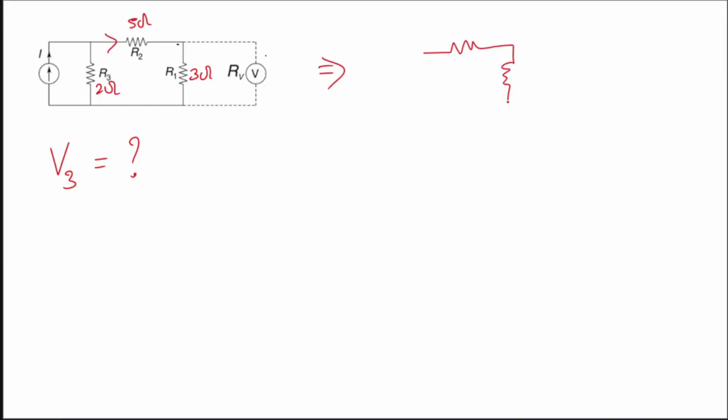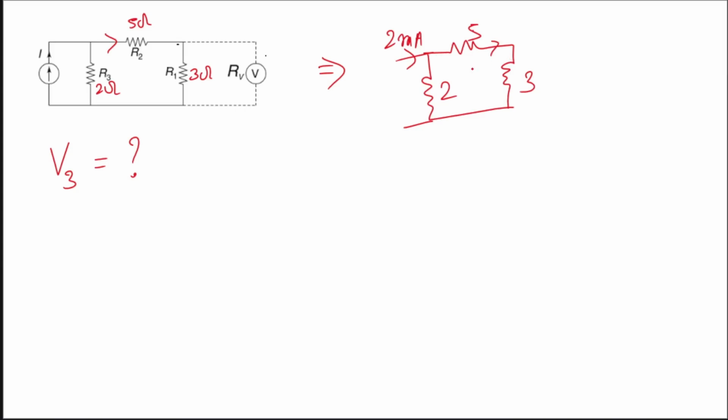This is 5, this is 3, this is 2, and here is the current. So this is your 5, this is your 2, and this is your 3. Done it? अब यहाँ पे एक काम करो पहले. This current was how much? 2 milliampere, right? So calculate current flowing through this branch.